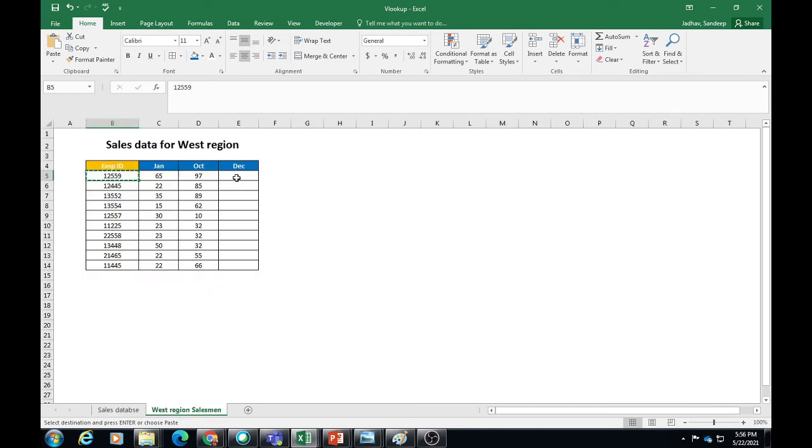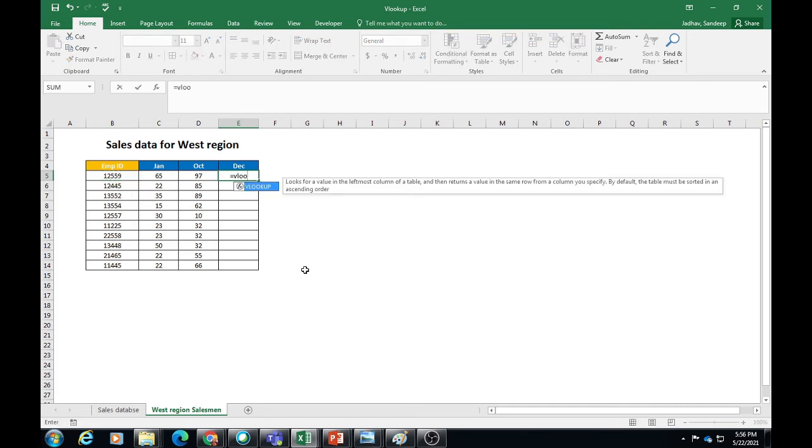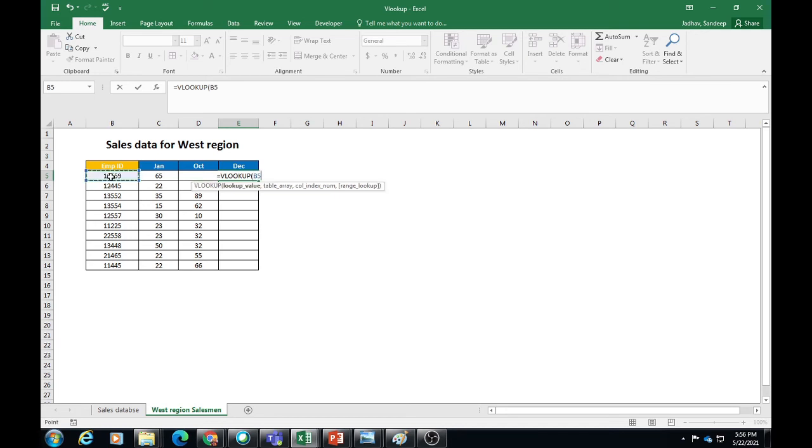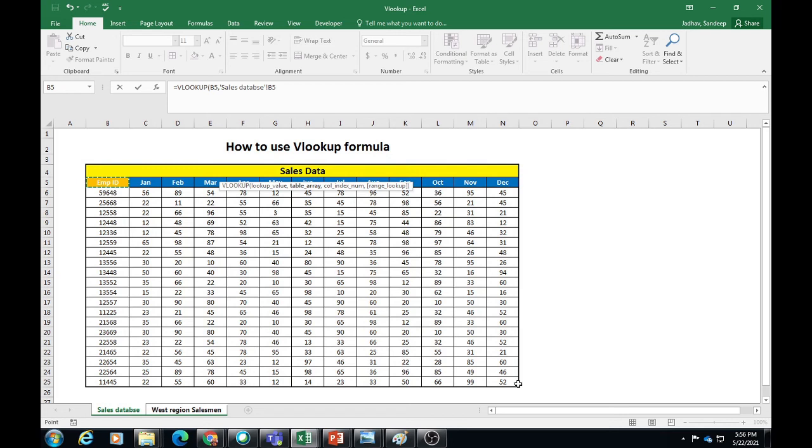Let us put one more formula to do the practice. Is equal to VLOOKUP for the month of December. We would like to find out. The lookup value is this employee ID which we have. Again comma, we'll select the table array, and we'll lock the table with F4, and then comma.